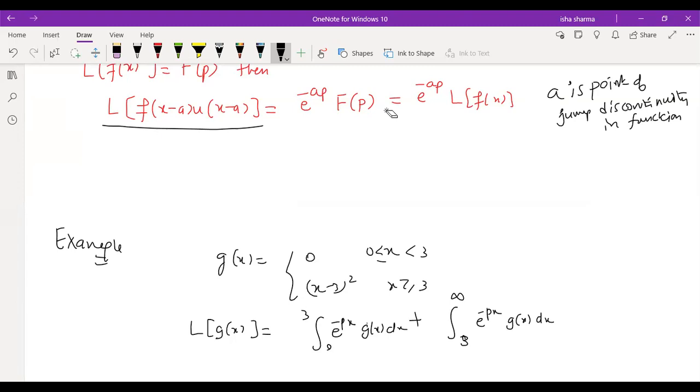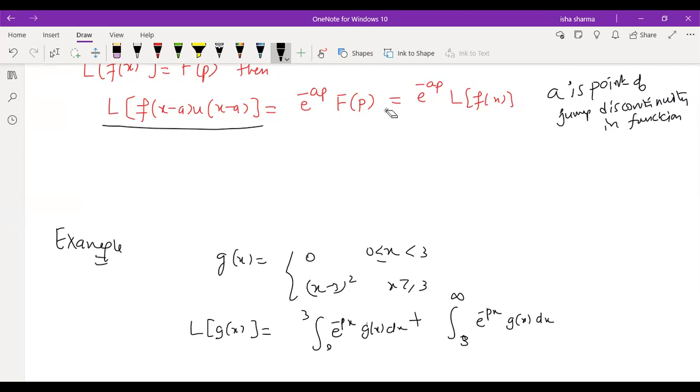But this alternate way, using the second shifting theorem, is going to make things simpler in some cases, because if the function is complicated, sometimes it is difficult to solve the integral. So the technique is already there, but we are devising another alternate way to find the Laplace transform of these kinds of functions, where you may get stuck at the integration and not be able to solve it for some particular functions.